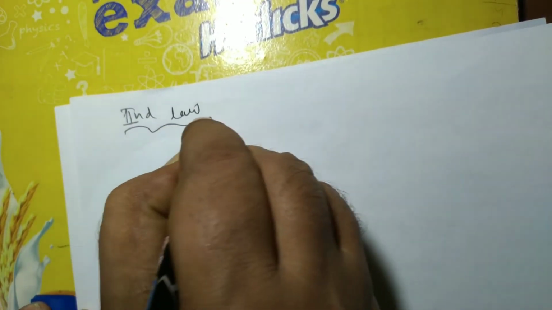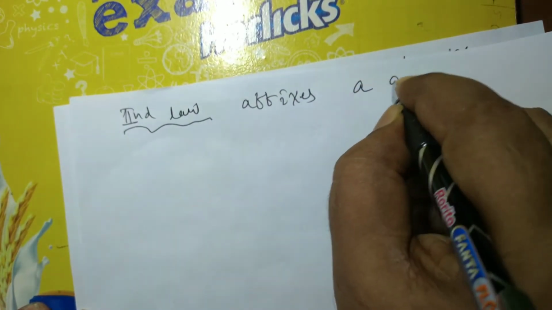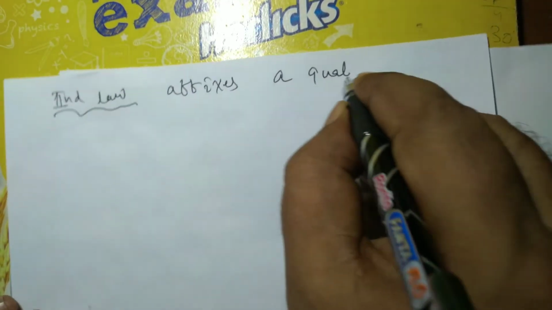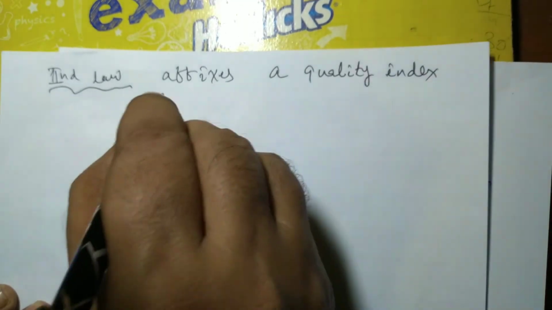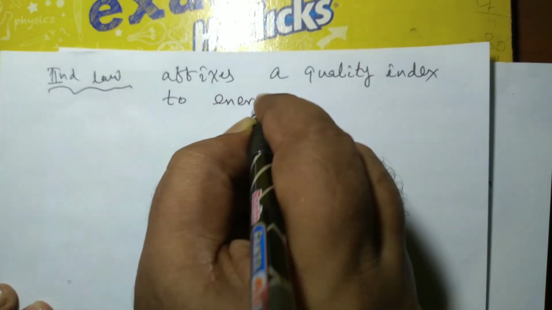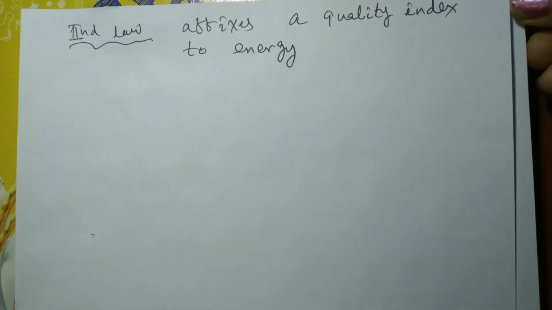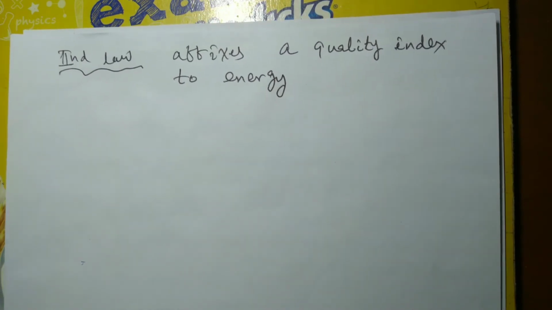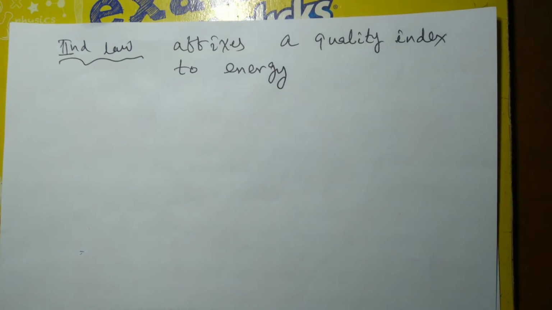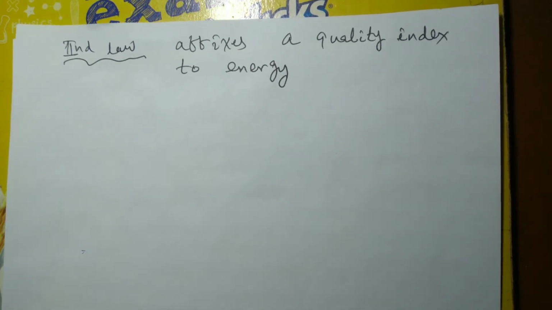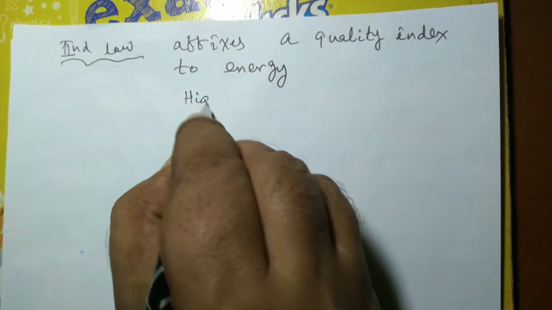Second law affixes a quality index to energy. So first law does not tell anything about the quality of energy, it only discusses the quantity of energy, but second law gives a quality index to energy. So it segregates energy into two categories. One is high grade